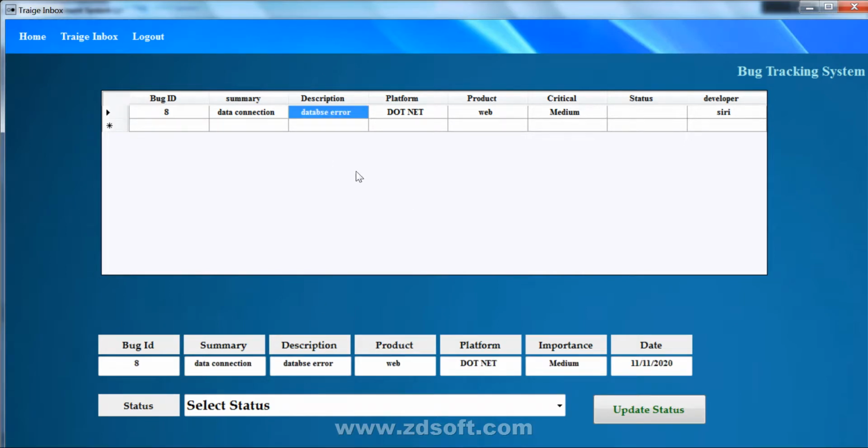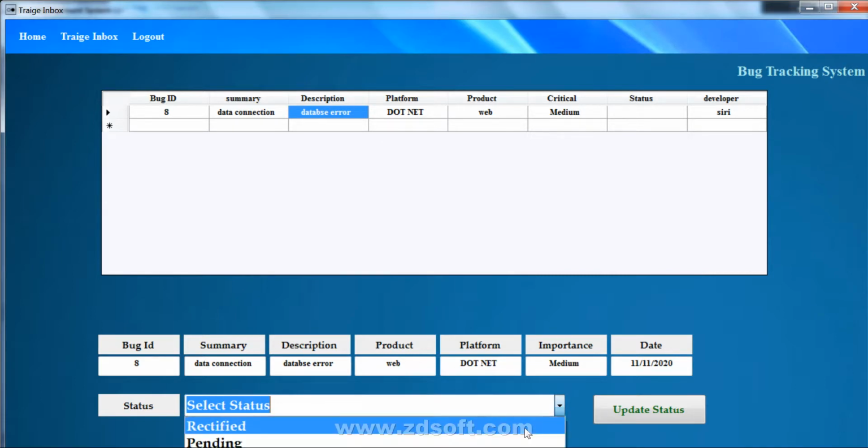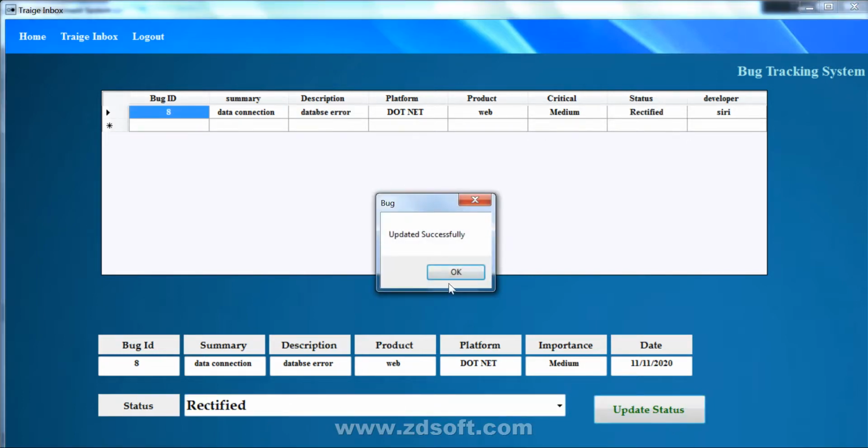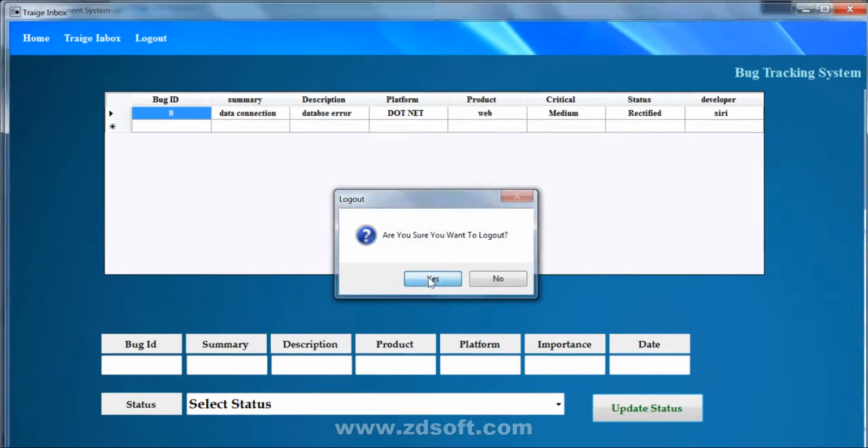So once he selects the particular bug, he needs to choose the status of the bug resolution. If it is rectified, he'll choose the status as rectified and he'll update the status. So it is updated. This is the work of the developer.